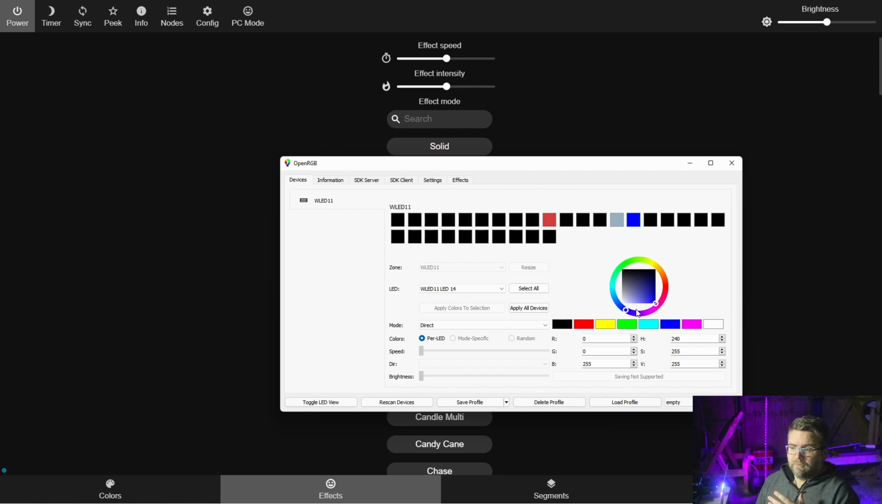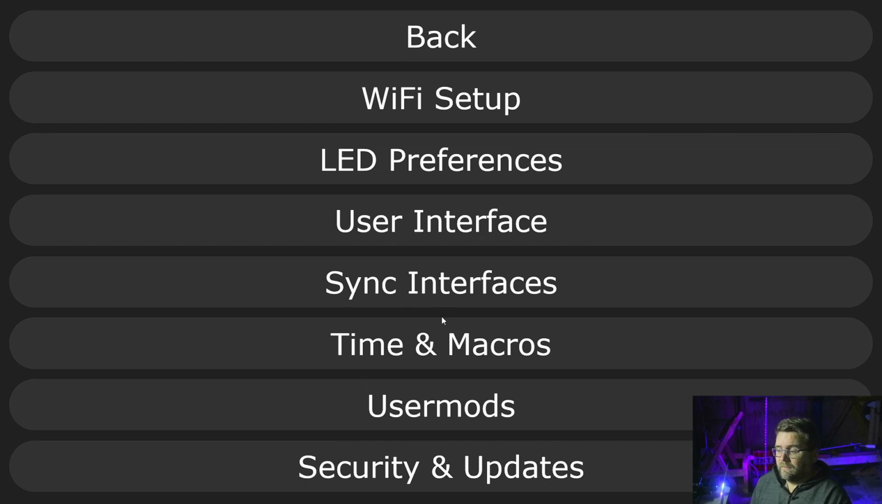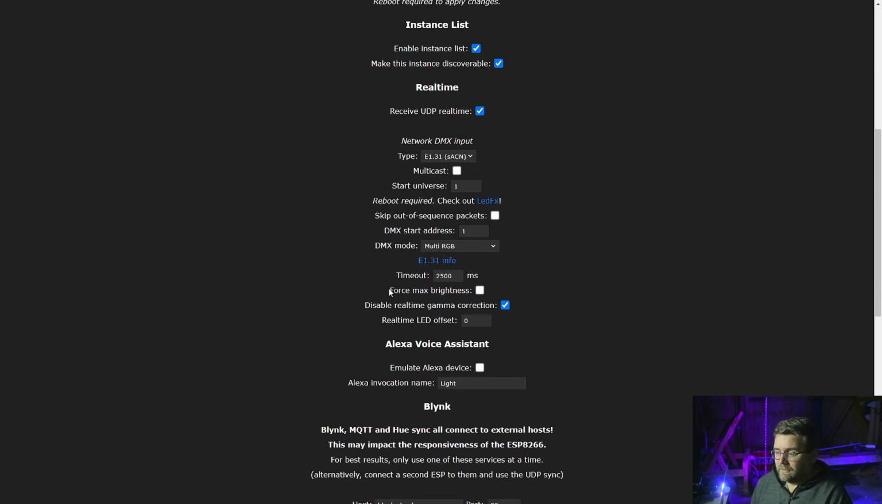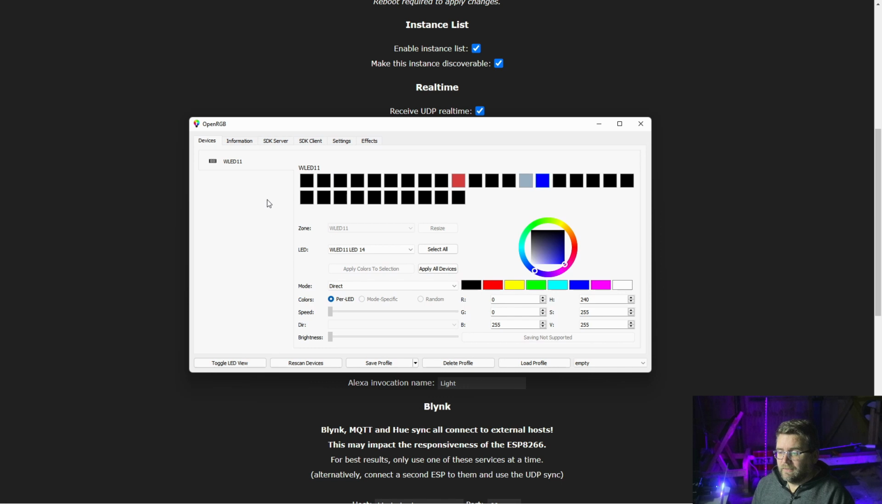So let's see OpenRGB configured. We also have to configure, well, we don't really need to configure, but I'll just show you my WLED interface. This is just the regular interface for WLED, and we go into config, sync interfaces, and Dmx input. So as long as yours is configured the same as this, E131, start universe 1, Dmx start universe 1, multi RGB, and those settings are the same, it should work. Back in the OpenRGB